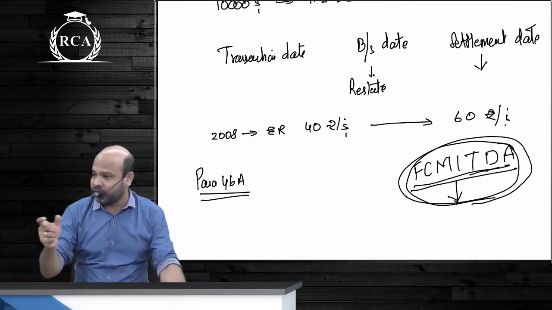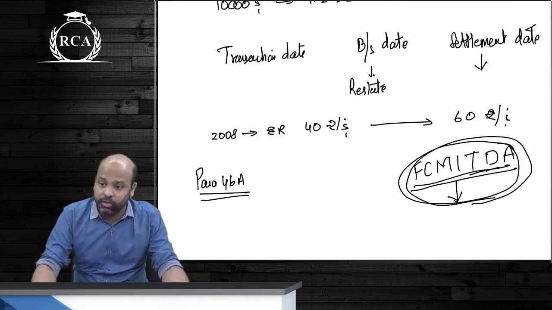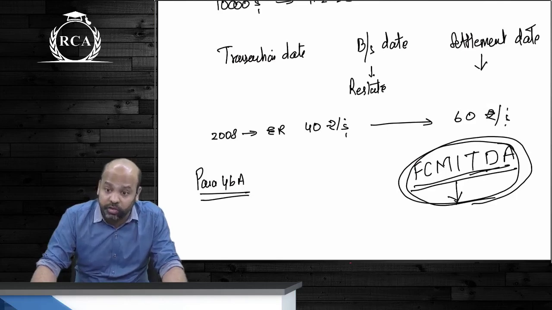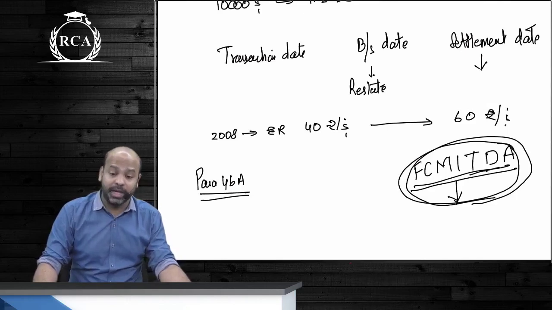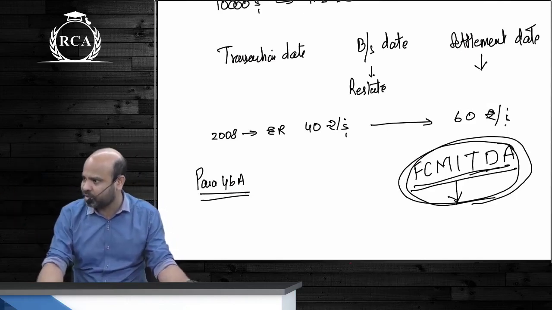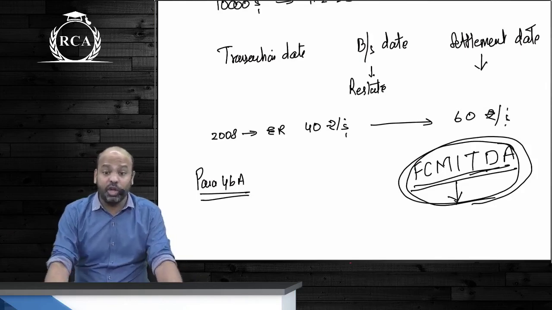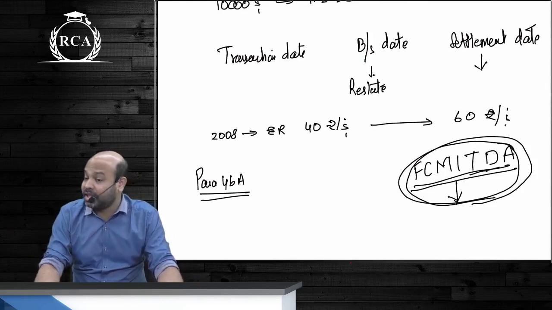I said because there were a lot of entities that had foreign currency borrowings in India, and the dollar was appreciating, the rupee was depreciating, they ended up incurring losses on restatement of all of those borrowings. This is where the standard was amended originally in the year 2008, then again in the year 2011, 1st April 2011. It says in case you have long-term foreign currency monetary items, then at the option of the entity